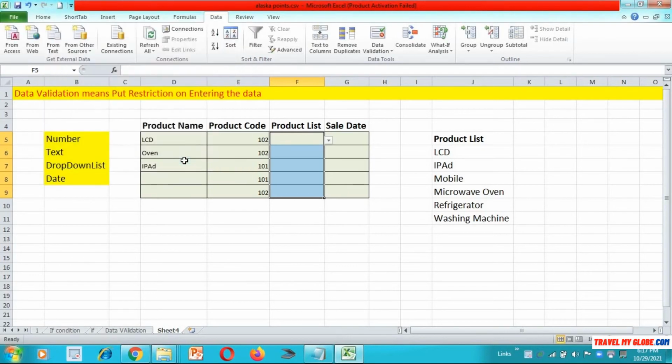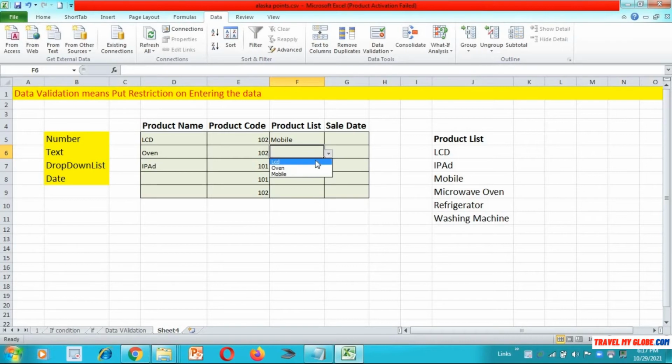So just apply this and you will get a drop down list icon with this column. Whenever you click it, you will get options like LCD, oven or mobile, and you can select it. When you move to the next cell, you will get the same option.